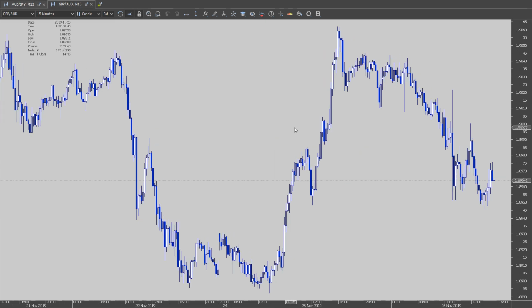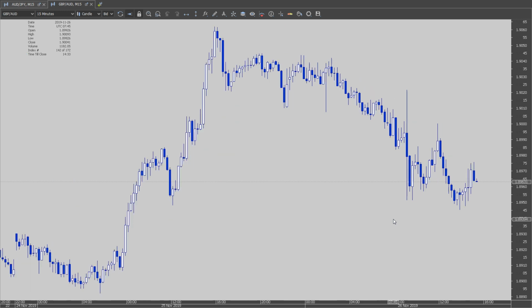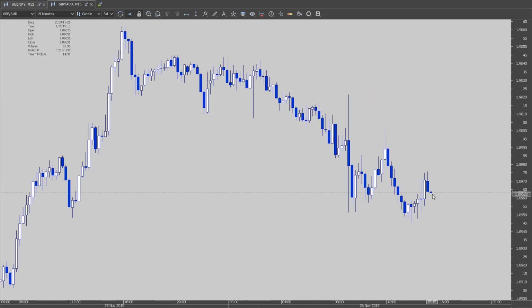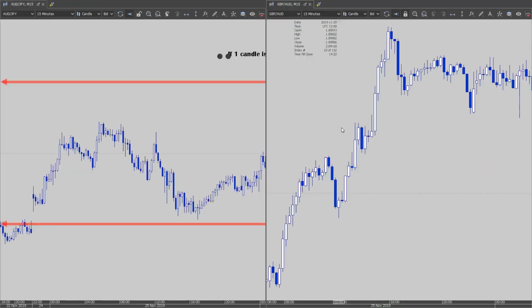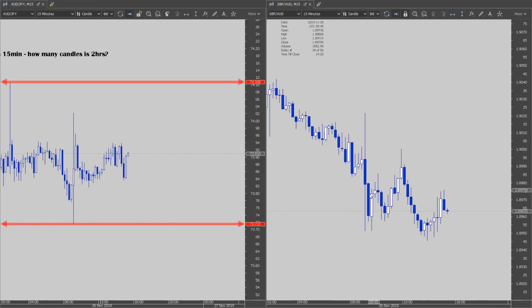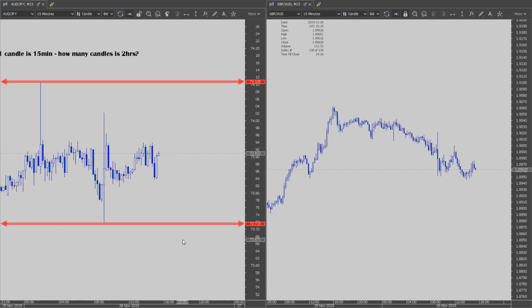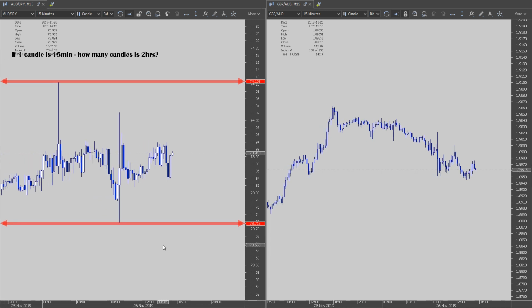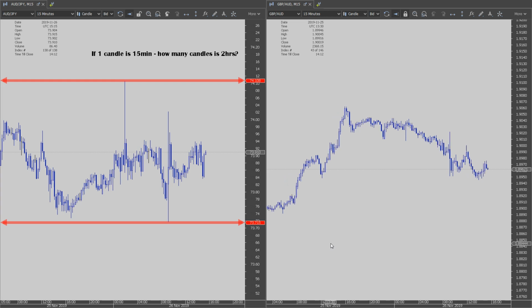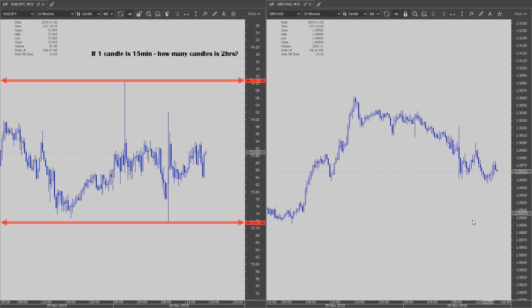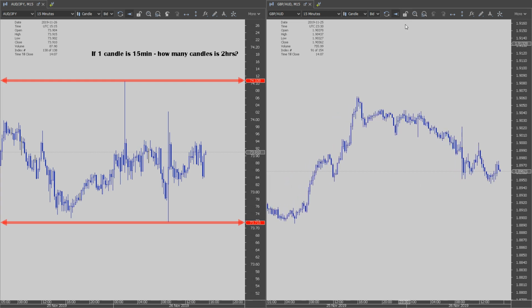Okay, GBP AUD 15-minute chart. We're going to do the same. So 1, 2, 3, 4, 5, 6, 7, 8. Now, can you see, everybody, the difference? Can you see the difference between those two? Can you see the difference between AUDJPY 15-minute chart and GBP AUD? Can you see the difference, everybody? So